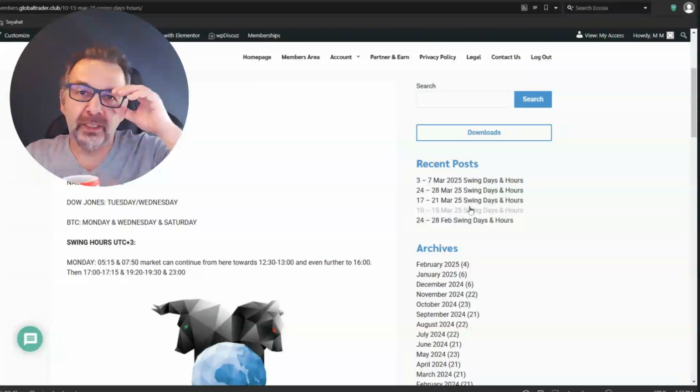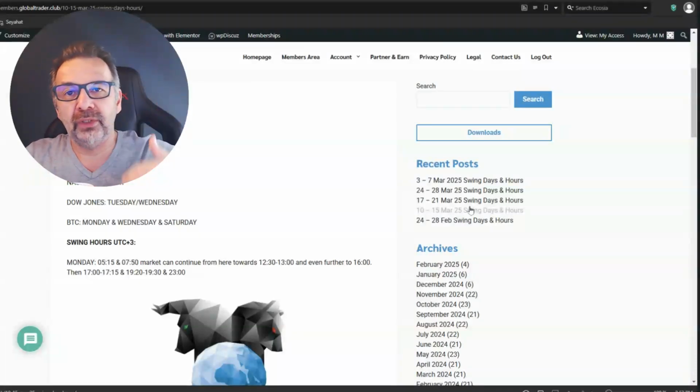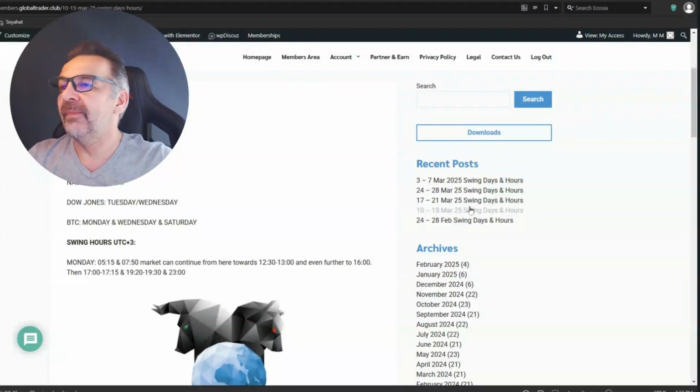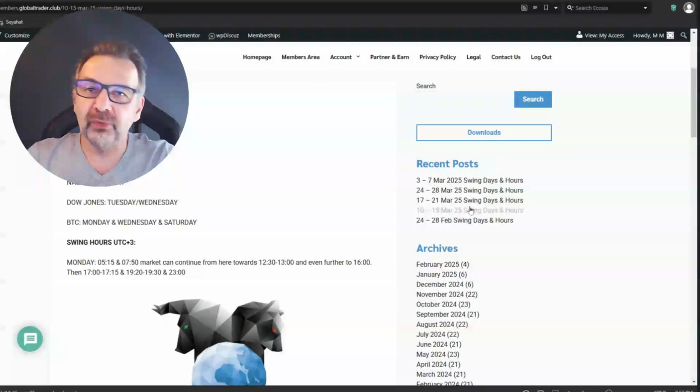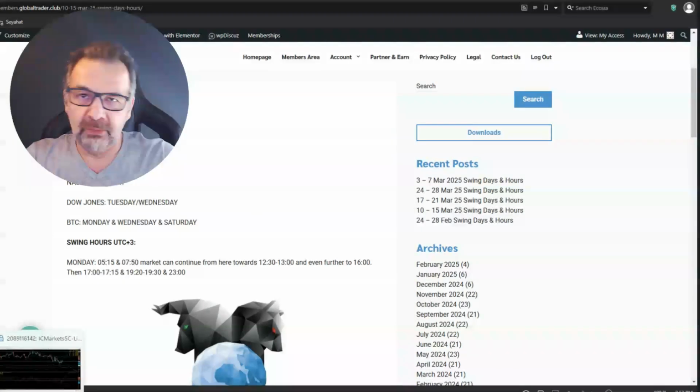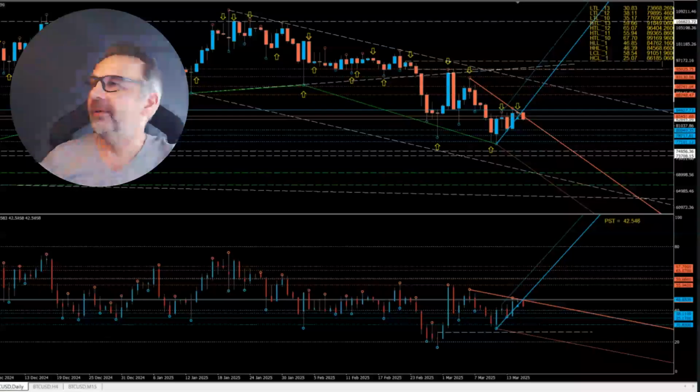So that will keep us in motion. From week to week, day to day, month to month, we're progressing with the hours and the days. Obviously, knowing the swing hours and the swing days in advance is really a blessing. And it is really a minimum risk, maximum return way to trade. Now let's take a look at the week and see how it all panned out.